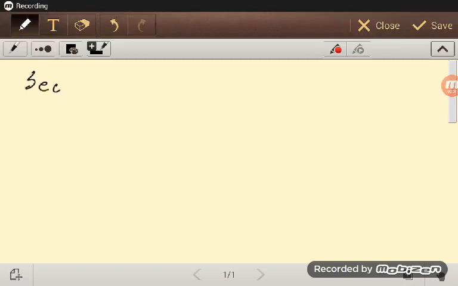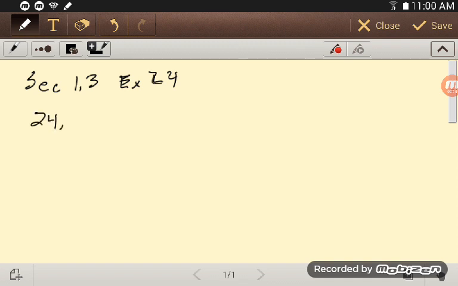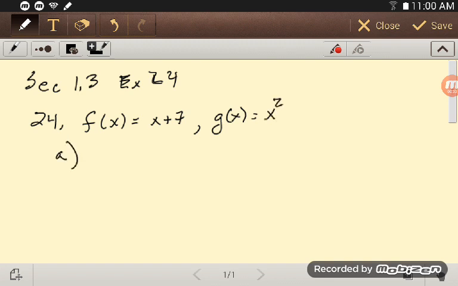Okay, let's take a look at section 1.3, exercise 24. So in 24, we're asked to just find these limits. We're told that f of x is equal to x plus 7 and g of x is equal to x squared. And in A, I'm asked to find the limit as x goes to -3